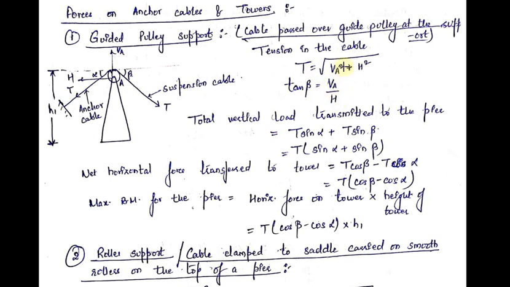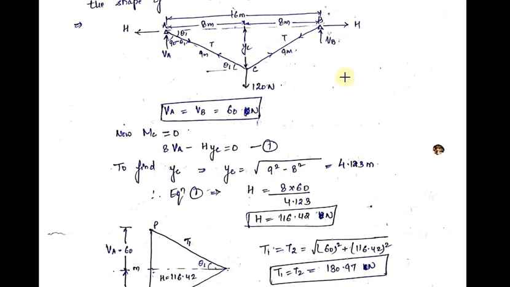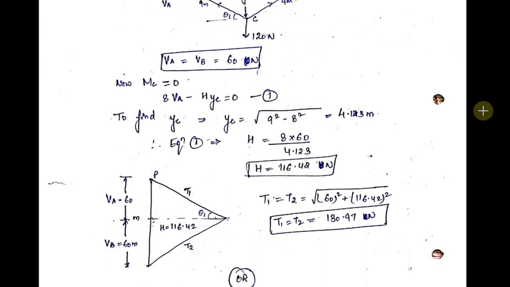If you don't remember, let me go through the analysis of the cable subjected to point loads. In that, we found the value of tan beta or tan theta. If you remember, in those questions, this angle was theta in place of beta. So tan theta was VA upon H. Let me go through that page. If you remember this numerical, in this numerical, this angle was theta 1, and when we plotted the polar diagram, this was the polar diagram which was obtained, and this angle in the polar diagram depicts theta 1.